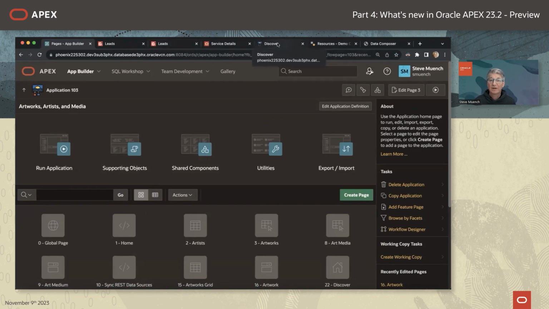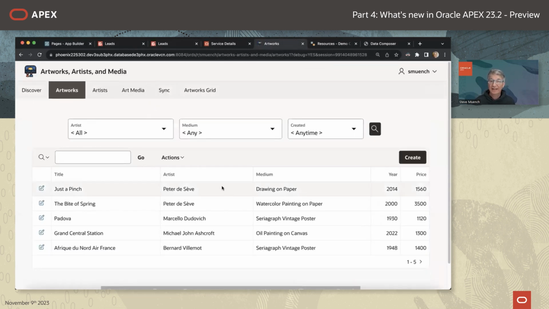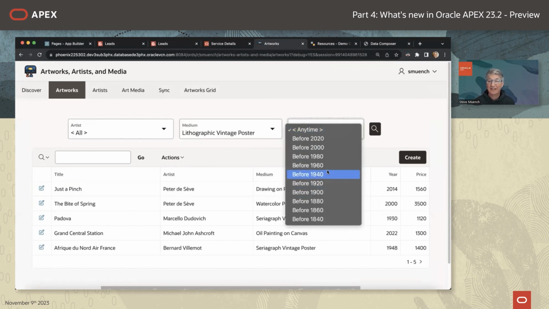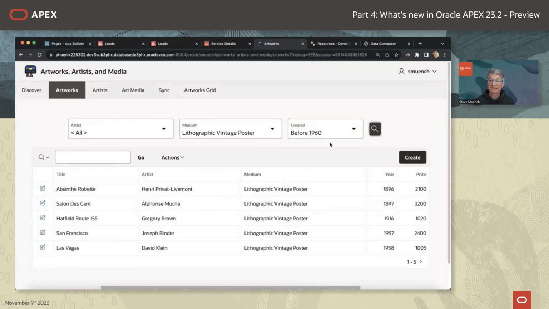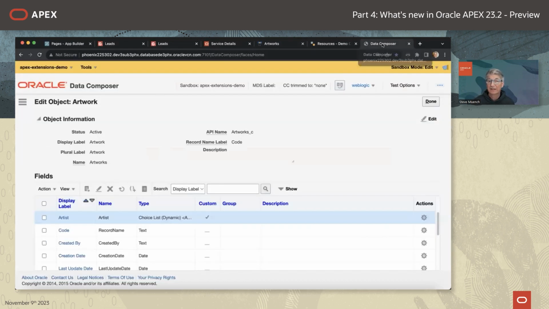And for example, build a page that uses cards for showing off artworks, searching the artworks in a way that supports many different optimized ways of filtering. This is a query by example page that'll show a few different ways, like looking for vintage posters created before 1960. You can quickly perform searches like that against the REST API that's working with these custom objects in the backend. And the one important thing to understand is that these objects didn't appear until I put myself in the